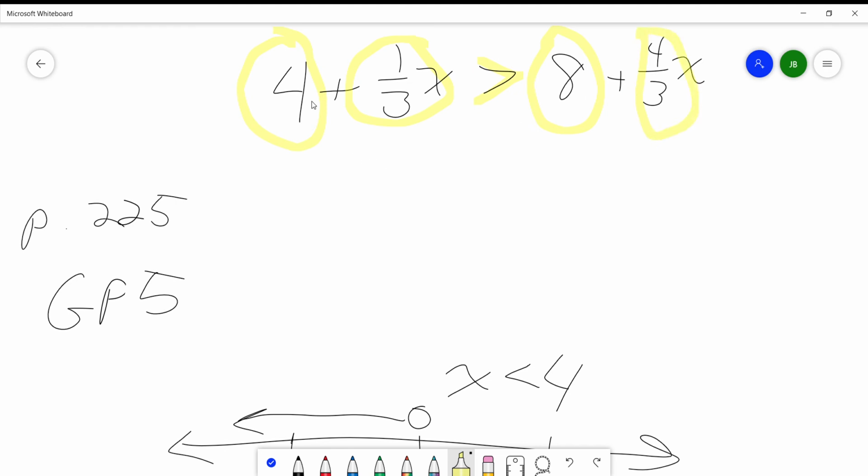Because over here I have 4. 4 is less than 8. And over here I have 1/3 x. 1/3 x must be less than 4/3 x, right? And yet it says greater than. This is blowing my mind. Do you see? If you don't see why I'm so confused, or pretending to be confused, ponder this. How can 4 and 1/3 of an x be greater than 8 and 4/3 of an x? Impossible, you say. Impossible. Well,